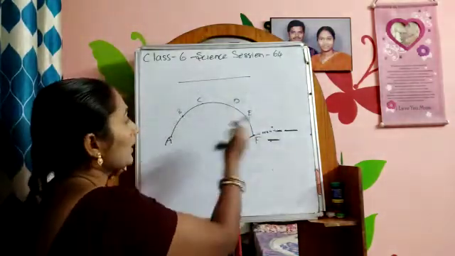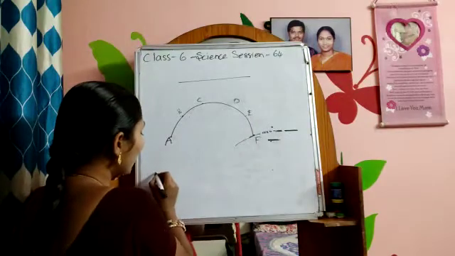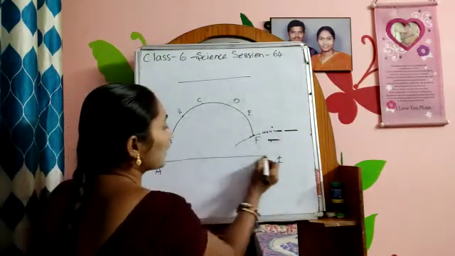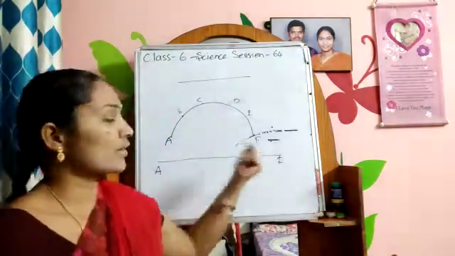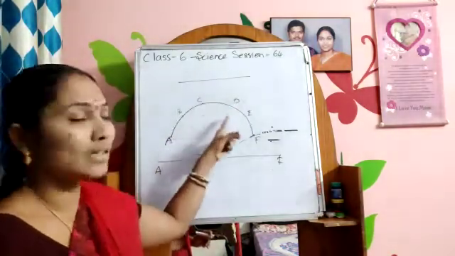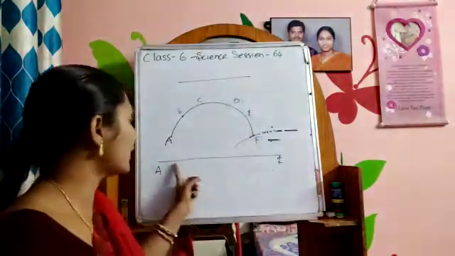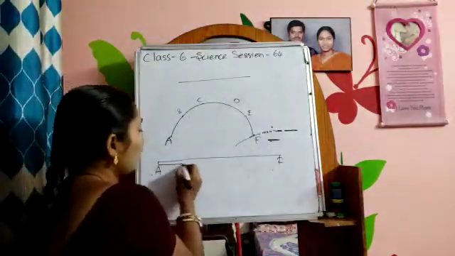Now take out the thread by removing the alpines. Now take out the thread from point A to point F. You have to place the thread in a straight way. The thread is in a curved path. Now when you remove the alpines, you can take the thread and just keep it in a straight way. Now take the scale and keep it along the thread.